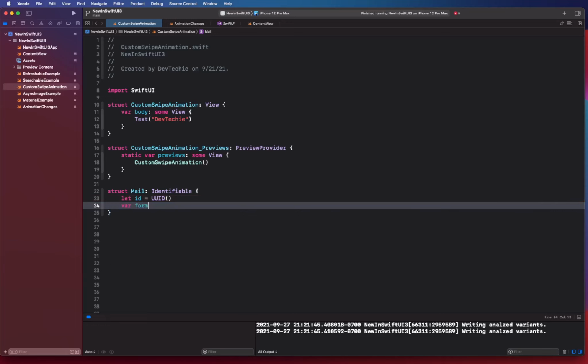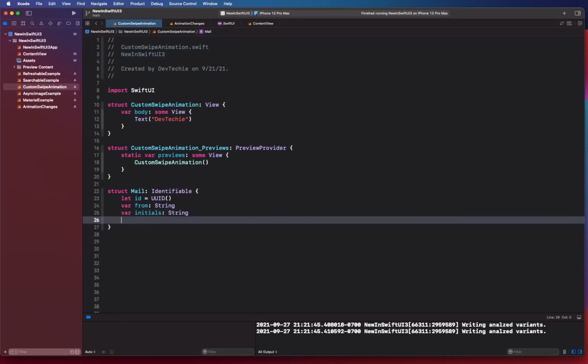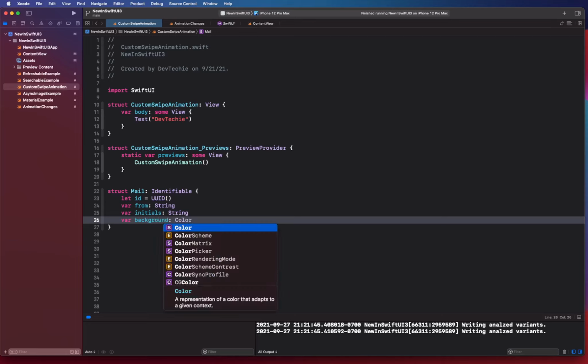We're going to use a from variable, which is going to be of type String, initials, which is going to be of type String again, and background, which is going to be of type Color,